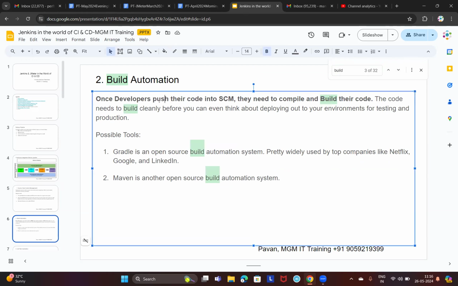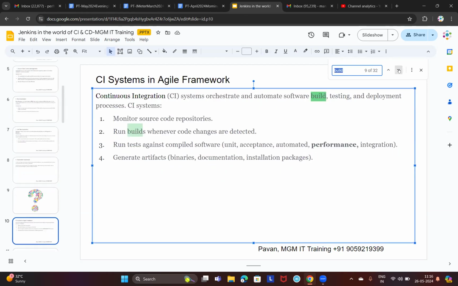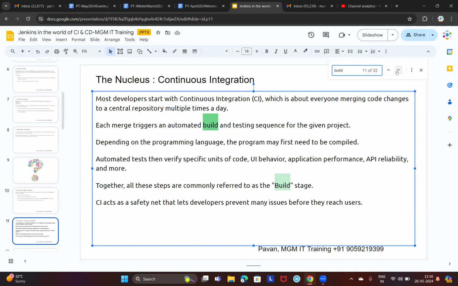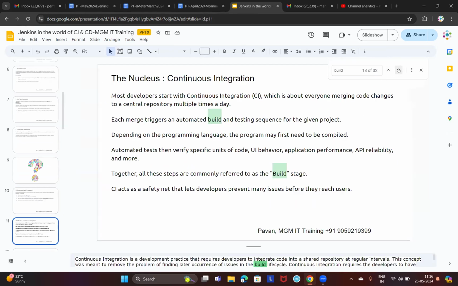Yeah. So once developers push their code into the SCM tool, the source code management tool, they need to compile and build their code, and the code needs to build cleanly before you can even think about deploying it out to your environments for testing and production, right? So what is meant by build? The code will first be compiled, and then converted into runnable code or machine specific code. Okay, that is called building the code. Now,